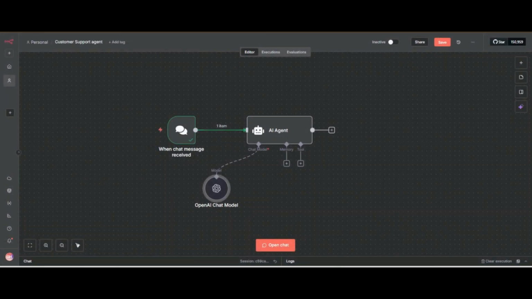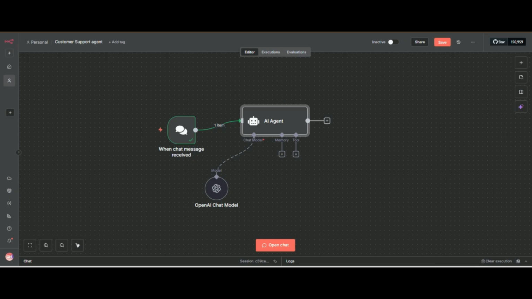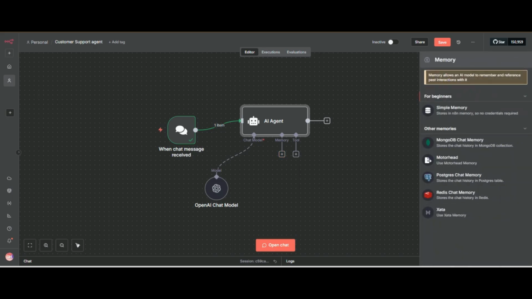So now we have added our chat model, and we have to add memory. I also already told you what memory is. When you click on memory, at the time of this recording there are six options, but I believe n8n will add more.